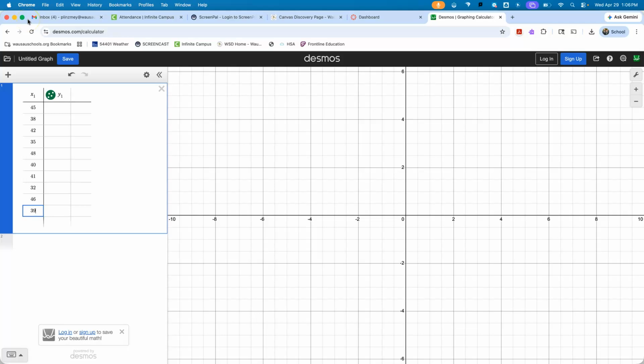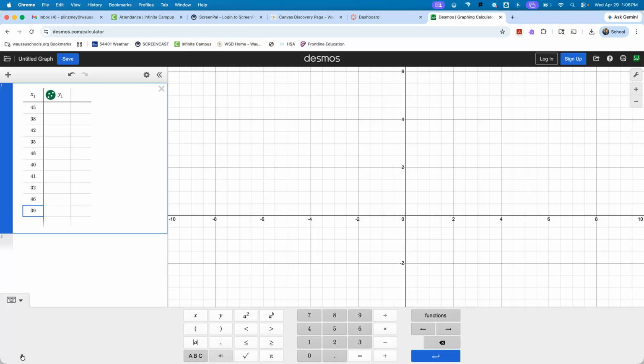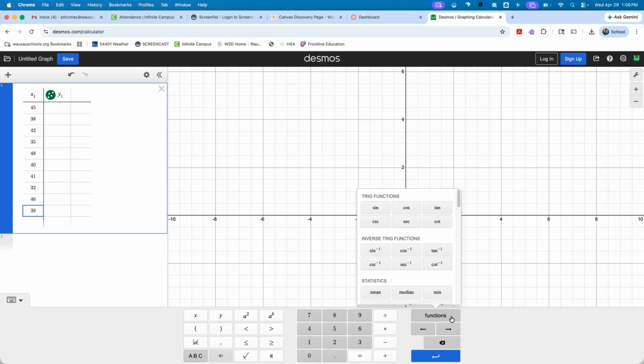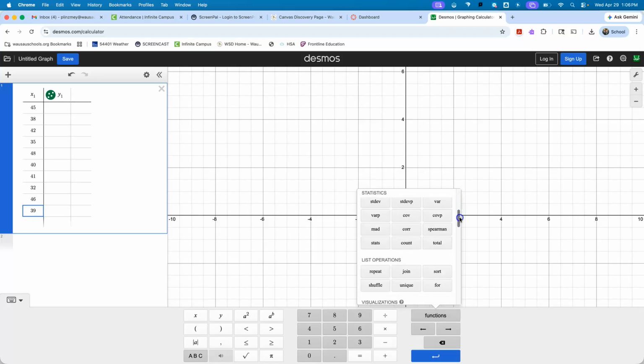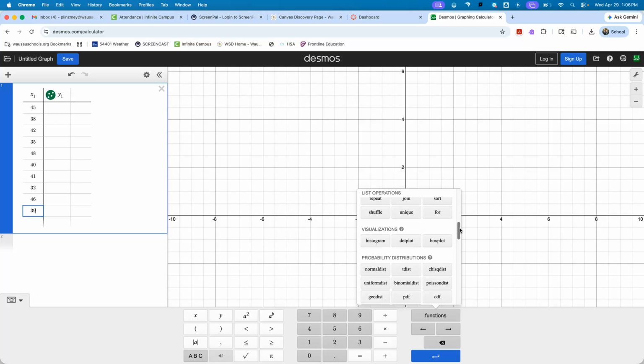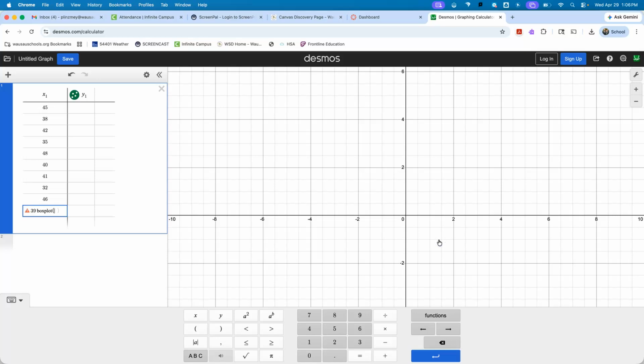Now on the keypad, which is for me down here in this lower left-hand corner, I think it's down there for you guys too. So if you click up on that, what you're going to look for is this functions. So if you click on that functions, then it's going to give you a fresh pop-up area. And if you scroll down in that, you're going to look for box plot. It's right here under visualizations. Okay? And once you click box plot, then